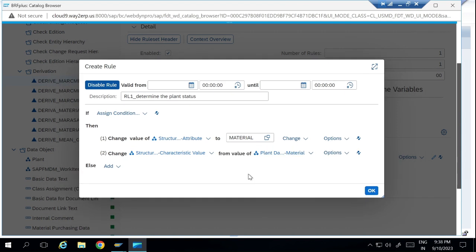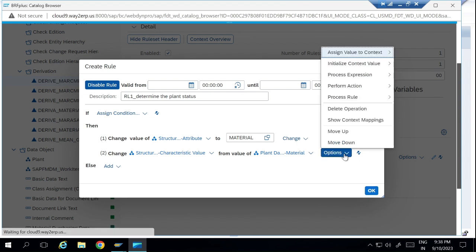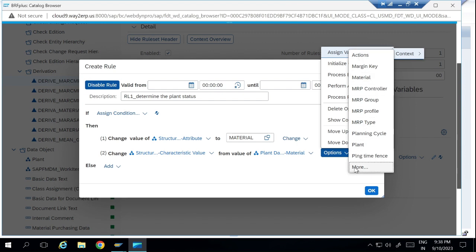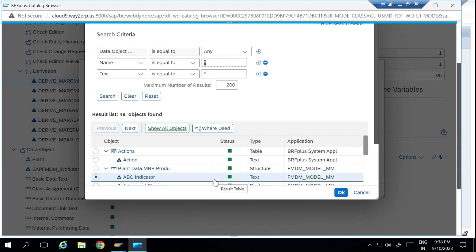and then again we will use options, assign value, context, and then define more. So in the object query, we will then select our variable, which is